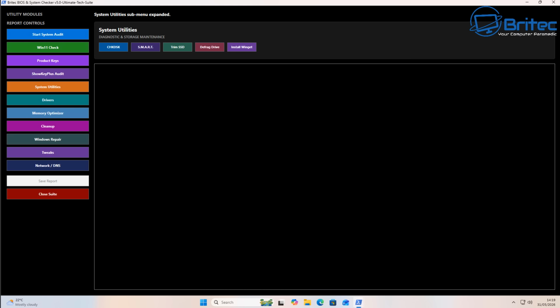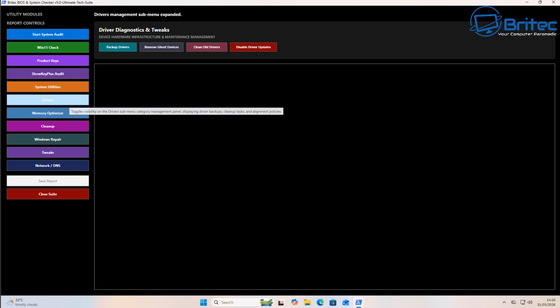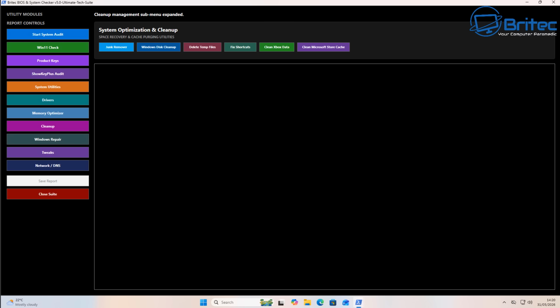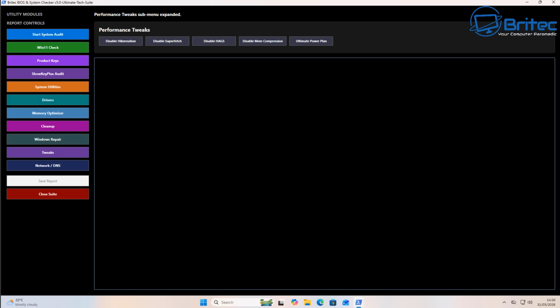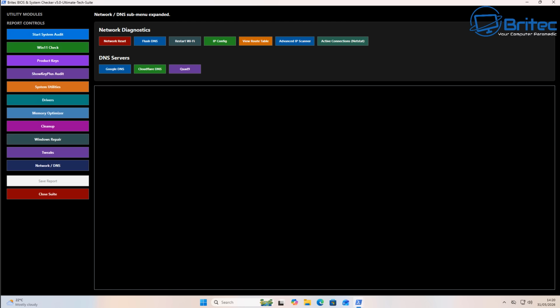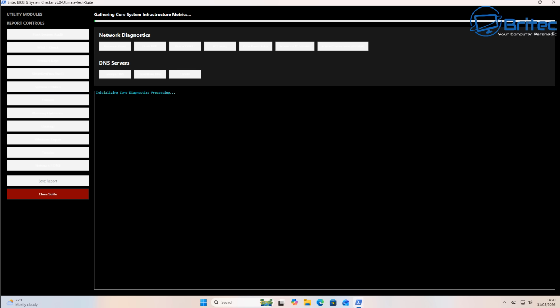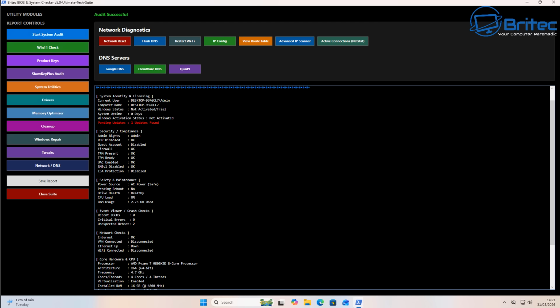But again, you can see right here, it's broken down into system utilities. You've got SMART, you've got TRIM, you've also got defrag and a bunch of other stuff like driver diagnostics and tweaks. And I could just add a bunch of different stuff to this to make it much easier for you to manage your system. And again, it's still work in progress. I'm still adding stuff to it. Like I said, I do have a network section here where I can add some network stuff as well. And there's also some DNS servers and things like that, memory optimizer, and also a product key and so on. It's just an automation tool that does a lot of things for you,